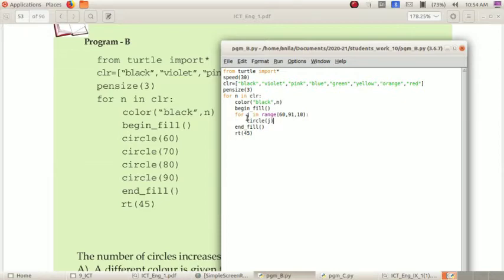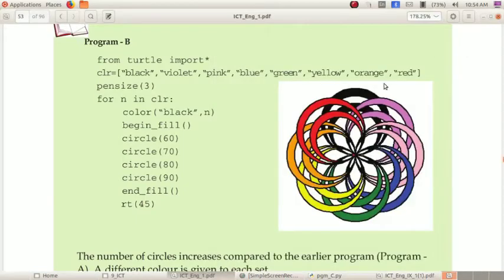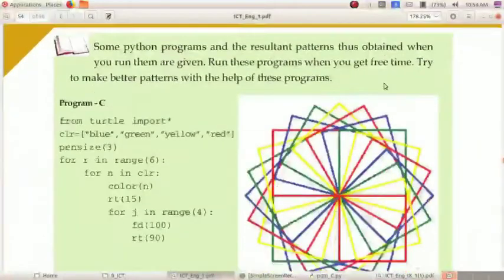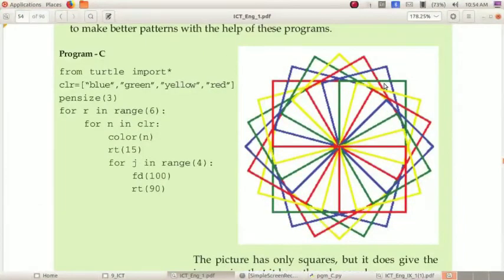Either you can use the program given in the textbook, or else you can use this program using a for loop. Did you understand this? Now we can move to our next program, that is Program C. This is the pattern.